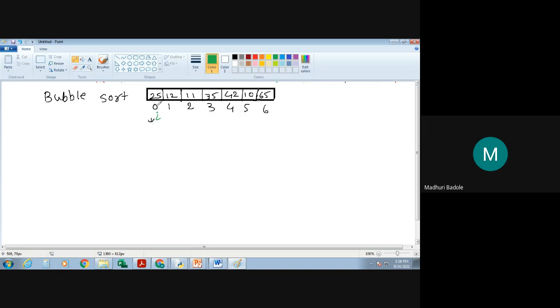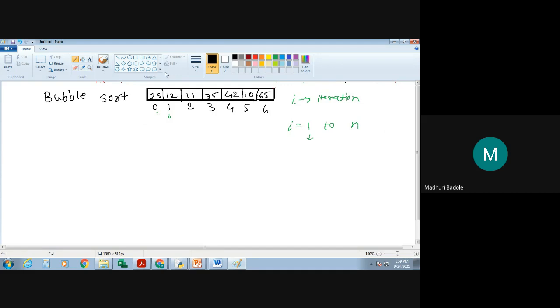Now, whatever the iterations will be, you are going to compare, because as we know how many comparisons will be needed, that is n minus 1. So I will select i starting from 1, where i is indicating the iteration. I am selecting i as 1 to n, meaning for the first pass, the second pass, the third pass, and onwards. So I am appointing i as 1 to n.